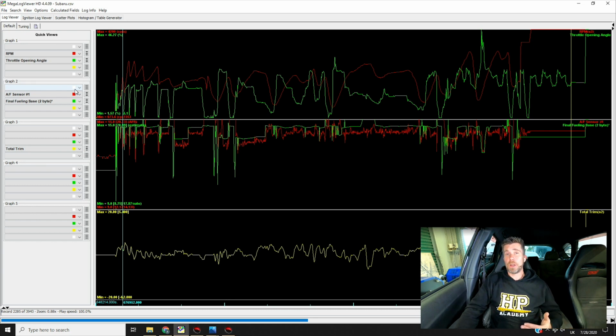Particularly when you load up a fresh log file with a parameter like your wideband air fuel ratio sensor, it's going to auto scale that between the minimum and maximum values. Now there's nothing strictly wrong with that, but where this can be a little bit misleading is if you load up, like I've got here, your target or commanded air fuel ratio and your measured air fuel ratio, and they auto scale to different values. At a glance it can look like your values are offset and there's a big error in your data, whereas that may not be the case.